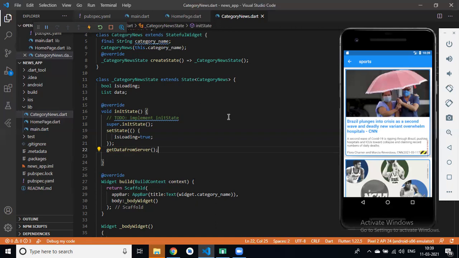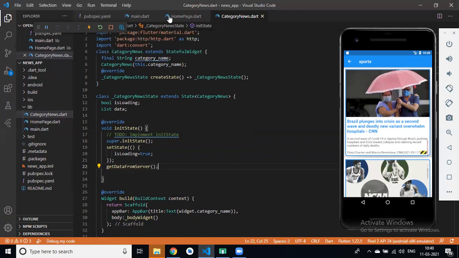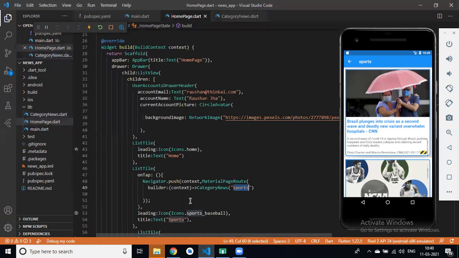Clear? So I have passed sports, and same for all the list styles.